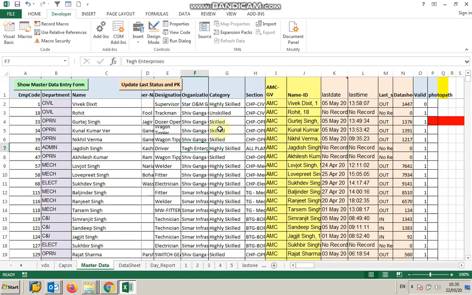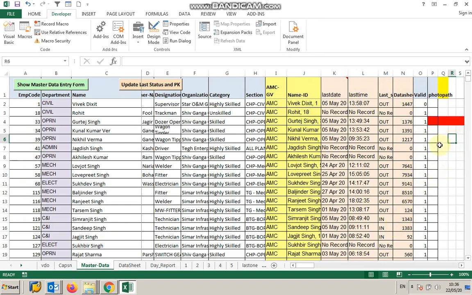Here is some data of some people. We have to enter the data through a form, because it is a long data, so data entering or editing is difficult. To make it easier, we will introduce a form without any code. Here one thing you have to keep in mind: you have to place your cursor anywhere in the middle of the table, and the data must be in perfectly tabular form. If you keep it outside the table, then it will not work.